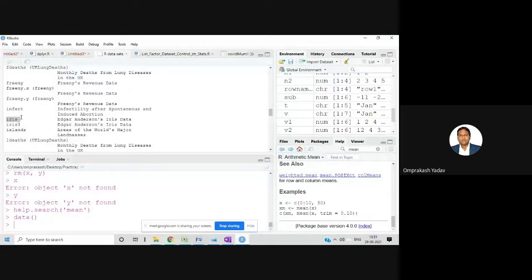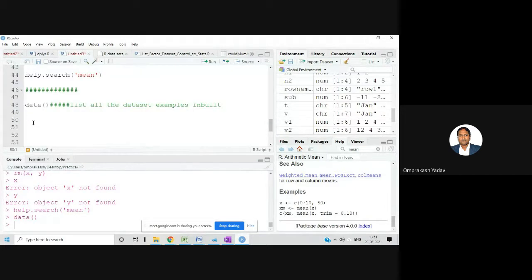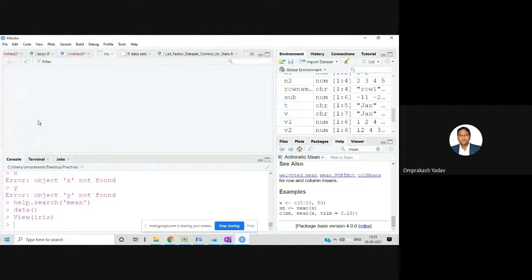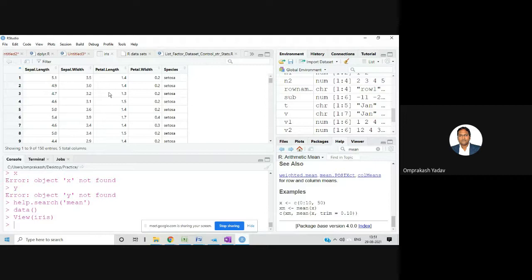Let's see the content of that particular data set, what is inside it. How can we see that? There is one View function, where V is capital. So View iris. If you check this, it will show you the content of that particular data set.